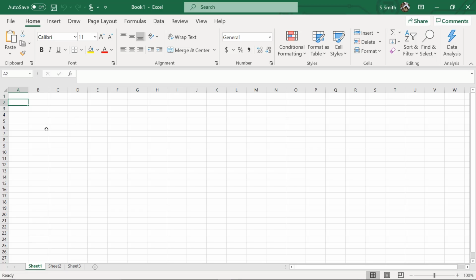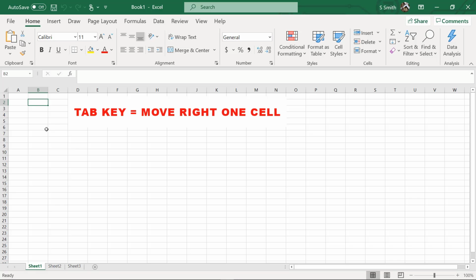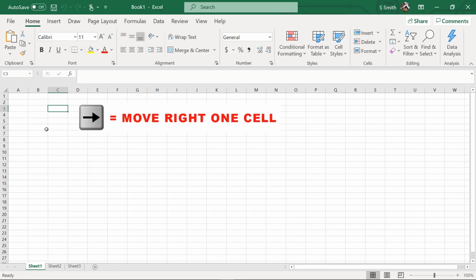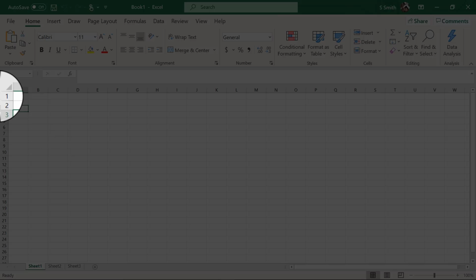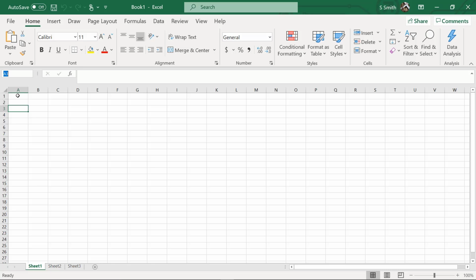Likewise, if I hit Tab, I will move to the right. I can also use the up arrow key, the down arrow key, the right arrow key, and the left arrow key to move throughout my Excel spreadsheet. I can also go up to this name box and type Q12, and that will bring me to that cell.